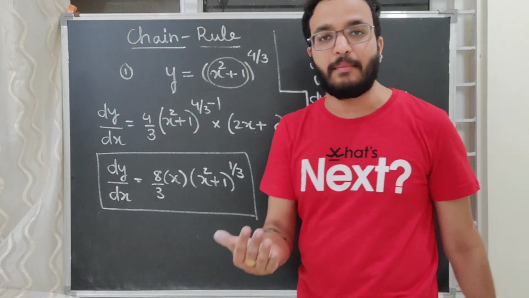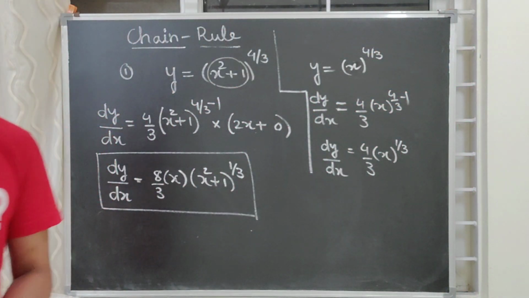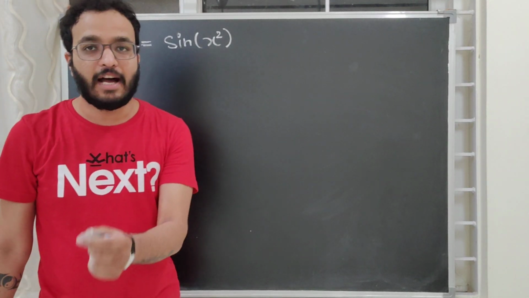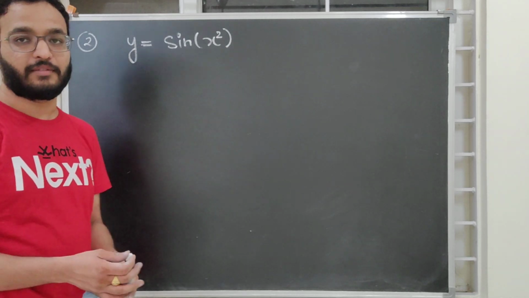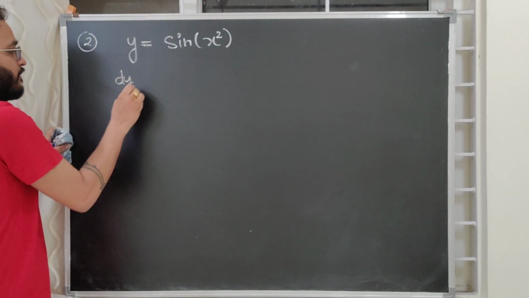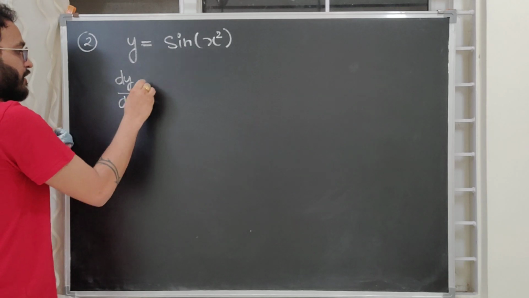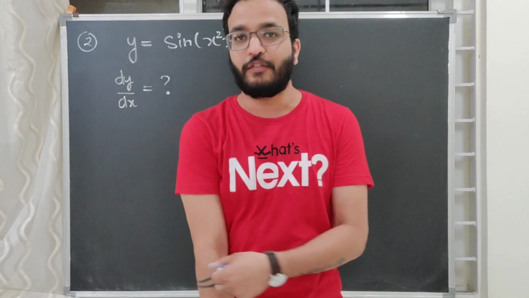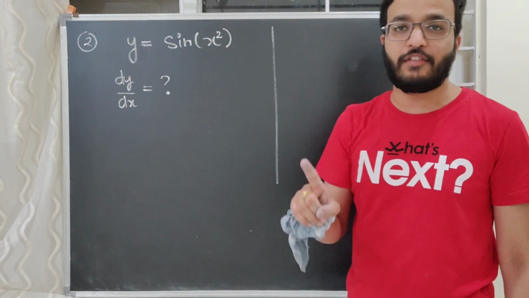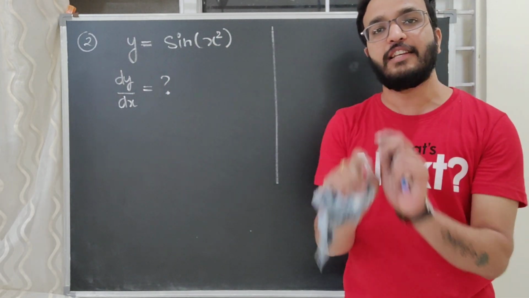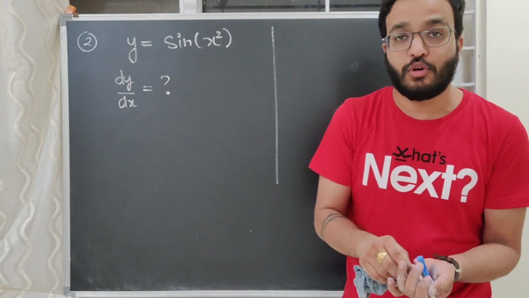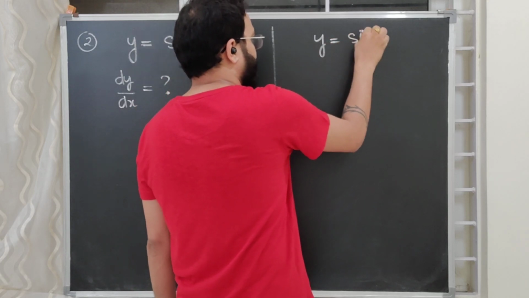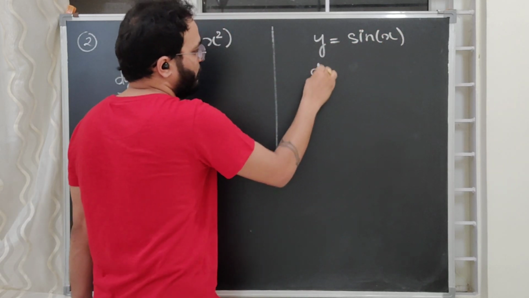Now let's take a few more examples so that things can be pretty much clear for you, right? So let's take another example. Now look here. Suppose it is written that y is equal to sine of x square. Again, I ask you, find dy by dx. Then what will you do? You will again say, sir, if instead of x square you would have given a sine of x, we would have easily solved it and we would have easily told you the right answer. And what would that have been? Suppose I say sine of x. So what is the derivative of sine of x?